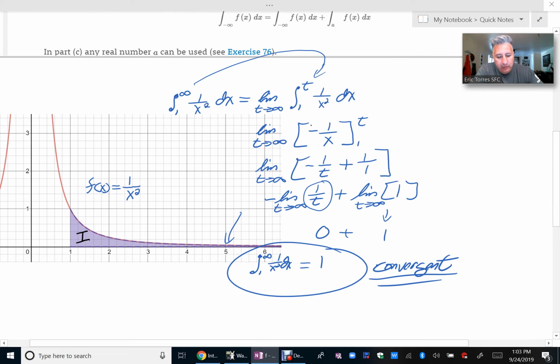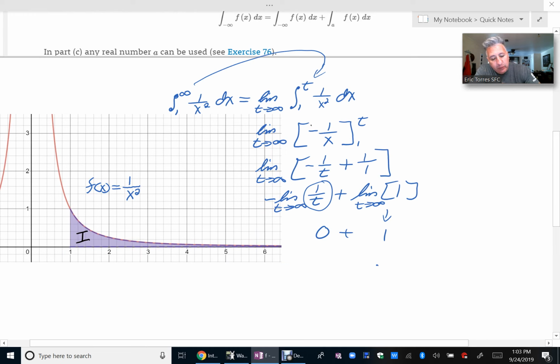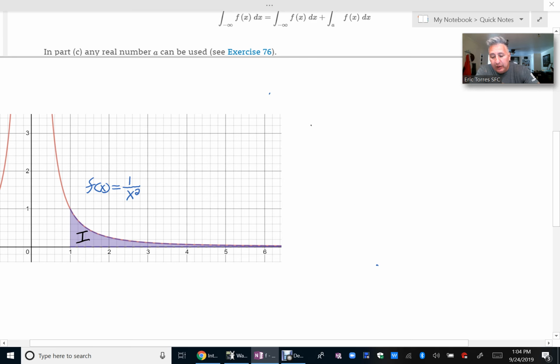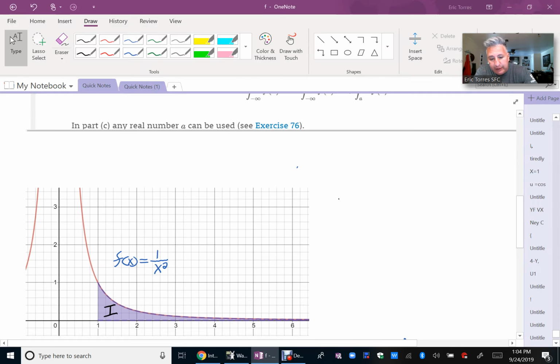Now, I'm going to erase this, and we're going to talk about type 2. And again, the same idea that we're dealing with here is a region that is not bounded, but I may or may not be able to calculate the area under that curve. So we're going to talk about type 2 right now, and that's this region over here. If I was to shade all of this,